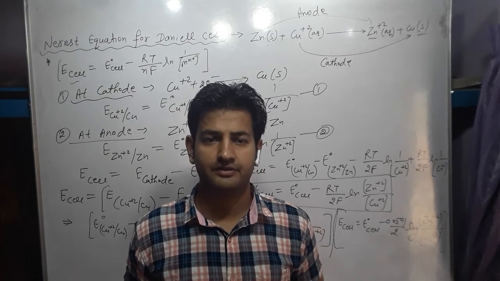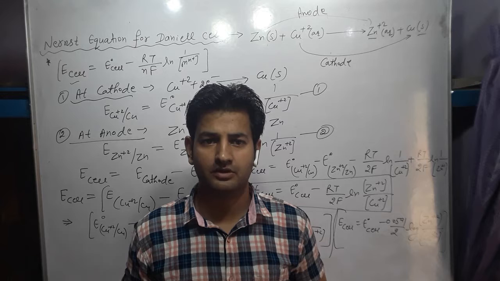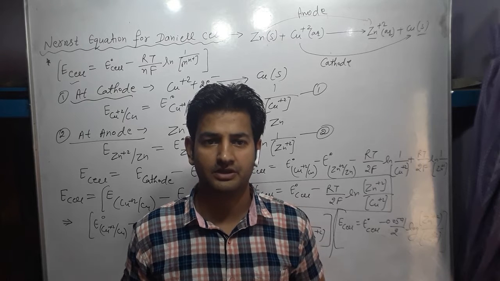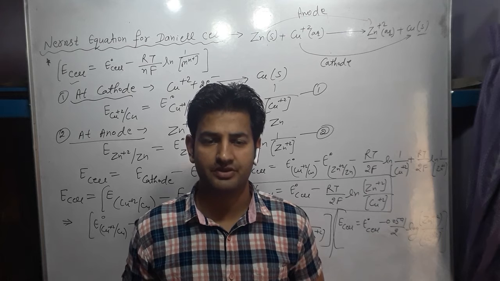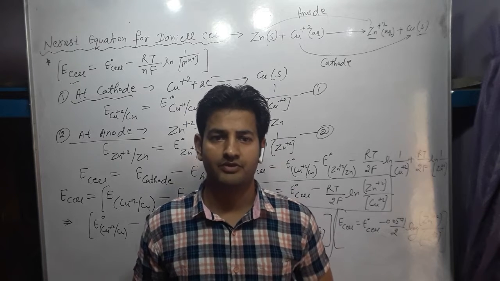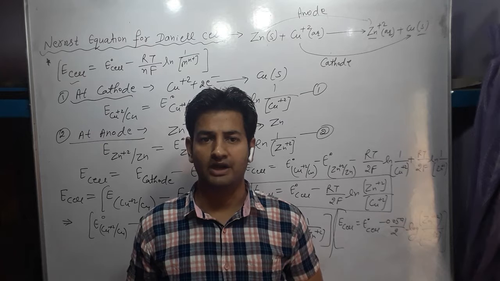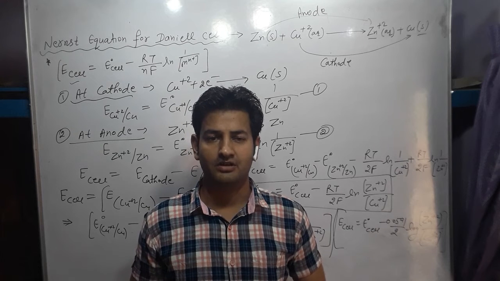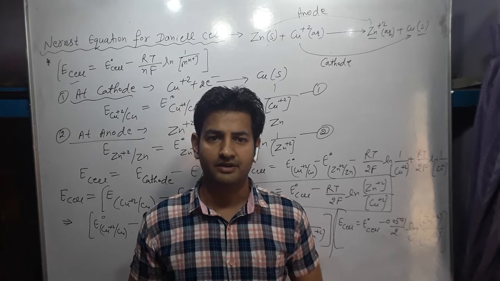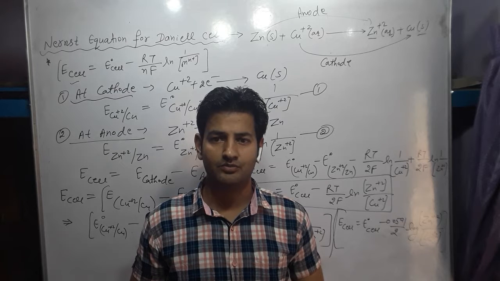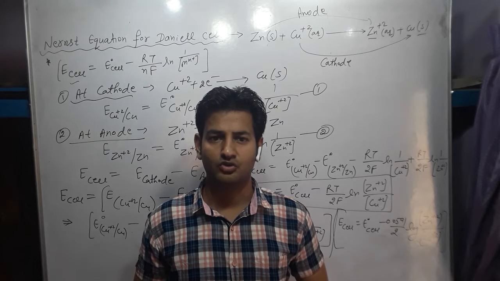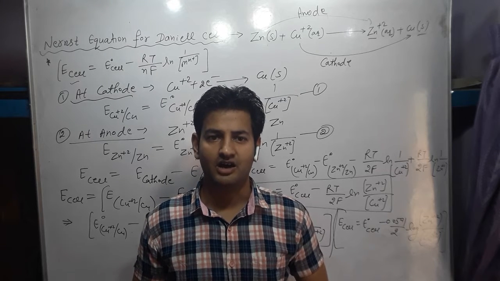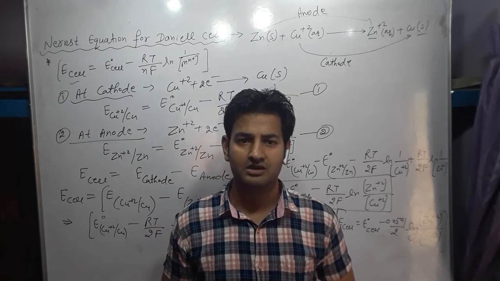Good morning students. This is our next video lecture of unit electrochemistry. In the last video lecture we have discussed the Nernst equation. In the Nernst equation we discussed how you can calculate the electrode potential of a cell when its concentration is different from 1 molar and its temperature is also different from 298 Kelvin, meaning standard conditions are not present in the cell. Then how can you calculate the EMF of the cell?